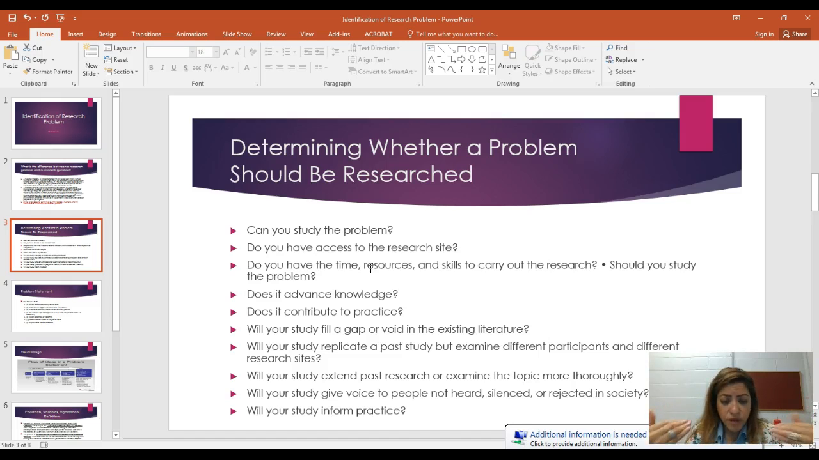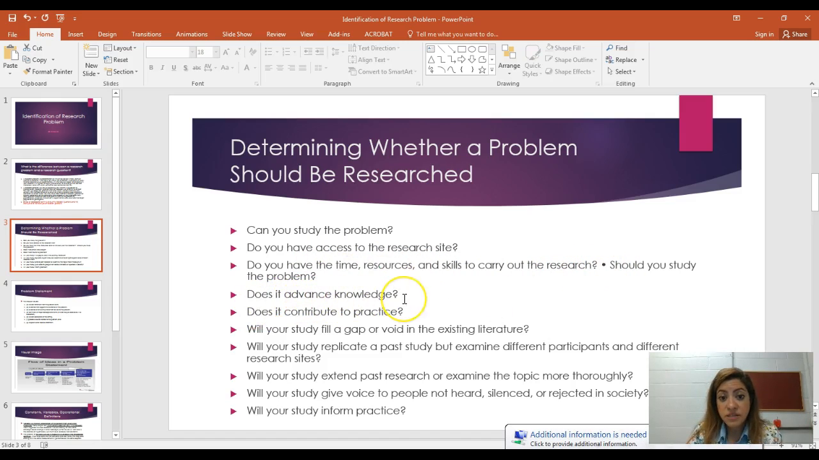When you write the questions, try to experiment. Can you study this? Are these questions good enough? Can I study this problem? Do you have access to the research site that you're talking about? Do you have the time, resources, and skills to carry on? Should you